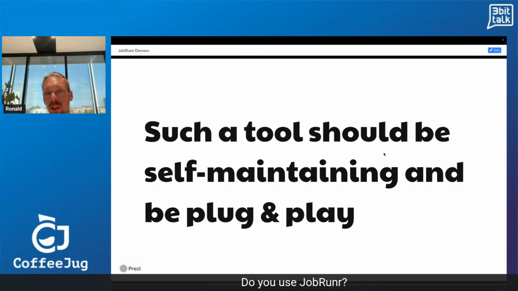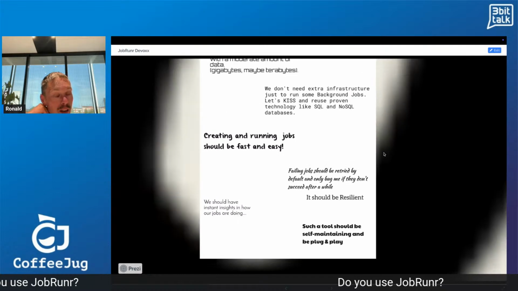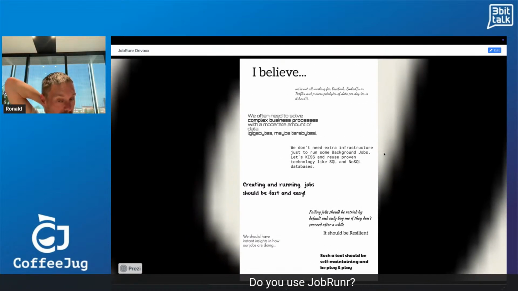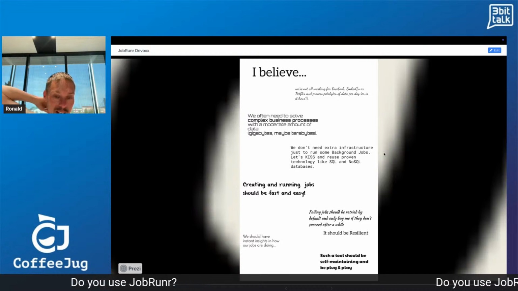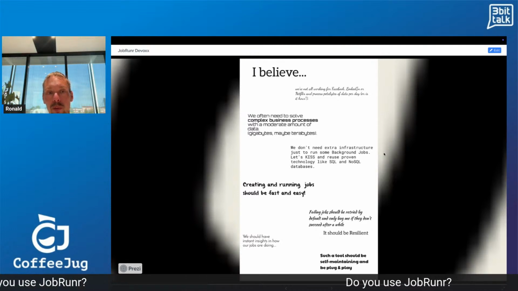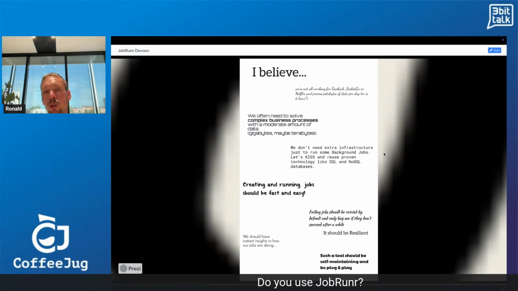And such a tool should be self-maintaining and be plug and play. And these were the beliefs that I used when I started developing JobRunner. And each time I touch it, I try to keep true to these beliefs.